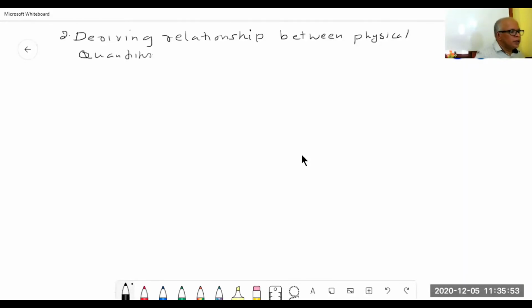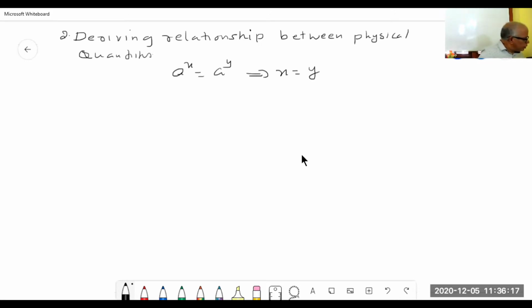Dear students, next application is deriving a relationship between physical quantities. Here the principle I am applying is: if a raised to x is equal to a raised to y, the base is the same, so the quantity is the same, which means x is equal to y. This is the math principle I am applying here. I'll explain this principle using an